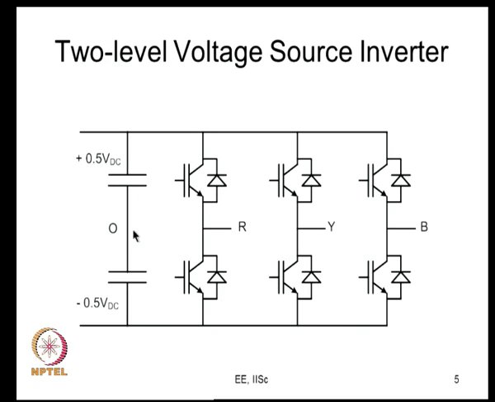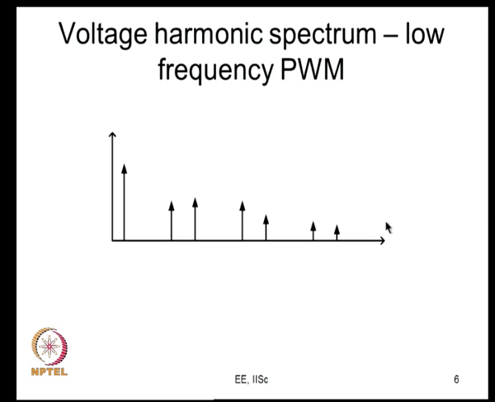So, you call it VRO, which is something we call the pole voltage, and VYO is the Y phase pole voltage and VBO we call the B phase pole voltage, and you subtract VRO and VYO, you get VRY and so on and so forth. So, we looked at many of these and the PWM is about how you generate the pulses for these 3 legs. Now, let us say these 3 legs are actually being switched at a very low frequency.